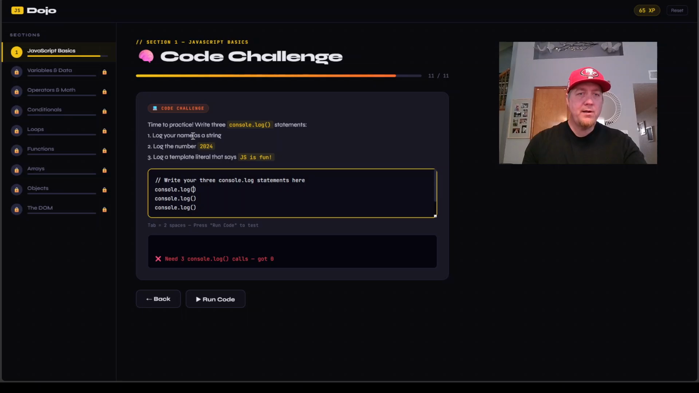And the first one, it says log your name as a string. And remember, strings are always in quotations. And in this case, I like using double quotes. But then obviously the tick will be very valuable. But we'll log the name as a string. So my name's Kevin. And console.log. It says it wants the number 2024, and we don't want it as a string. So,